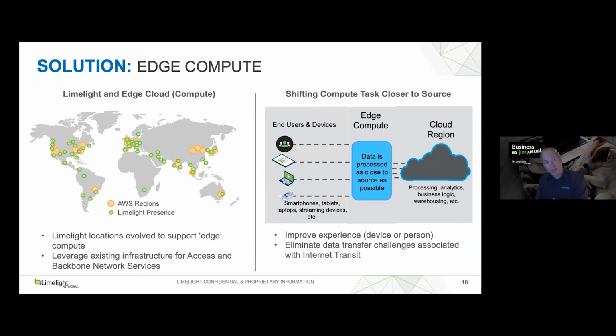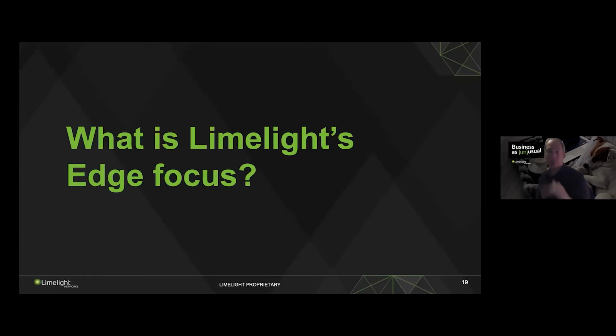So we think about it, and if we were to overlay our edge locations, or some of them, onto the AWS centralized regions, we think there is opportunity to provide the processing capability closer to where the end user is, improve that experience for the parts of the application and the environment that need to work quickly. We're improving that performance and looking at eliminating the data transfer and the challenges that that can bring to performance and reliability. So I'm just going to spend a few minutes then talking about where our focus is on those things. I think that's broadly the spectrum of the problem set that we're looking at.